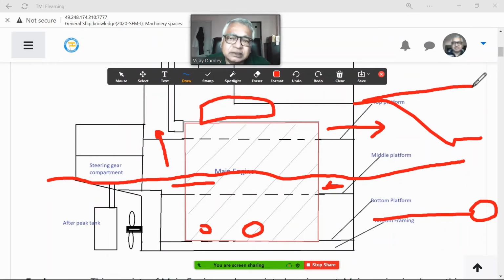So on tankers, this part is isolated. The cargo is here on tankers. There is something called a cofferdam space here. Either you have a cofferdam or you can convert it into a pump room. So on all the tankers you will find the pump room is here. And then you have got the cargo area. On bulk carriers and all, cargo areas go up to here. The rest of the ship's cargo area is up to here.